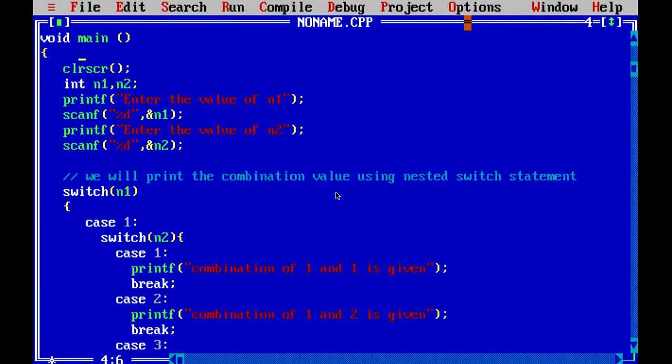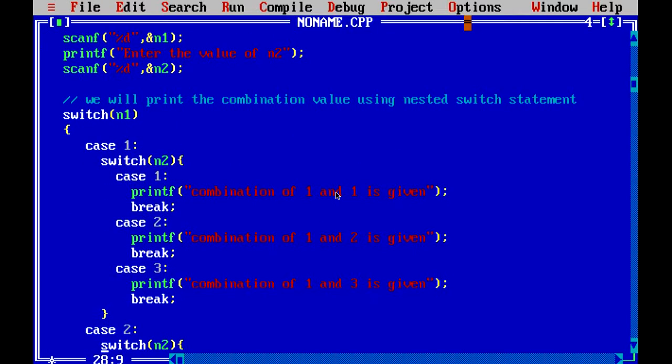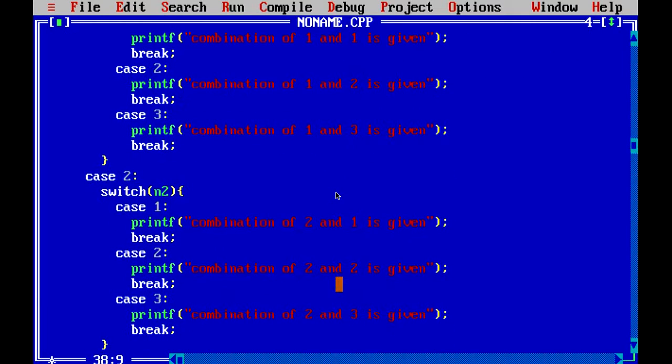So now we have the switch statement for the expression n1, and inside that, for all the cases, we have a further switch statement for the variable n2, for expression n2, and this combination will work for all three cases in the same way.